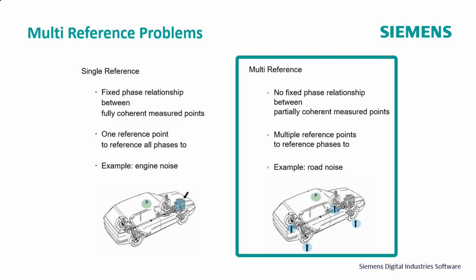And we have an issue if we were to try to treat that as a single reference TPA problem. I also get questions sometimes on different frequencies. So if you've got multiple components and they're operating at different speeds or different frequencies, we can treat those also as single reference TPA problems because most of the TPA solutions solve on a frequency line by frequency line basis. So if your sources operate at different frequencies, we can treat those as single references as well because we're not combining them at the same frequency.